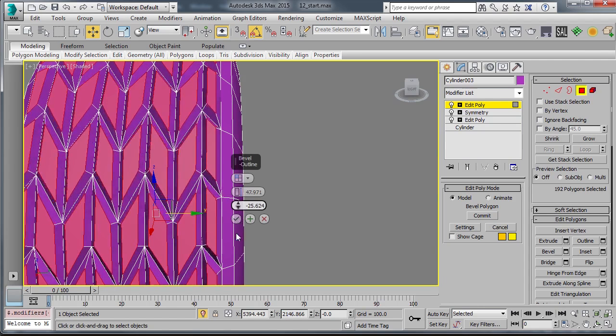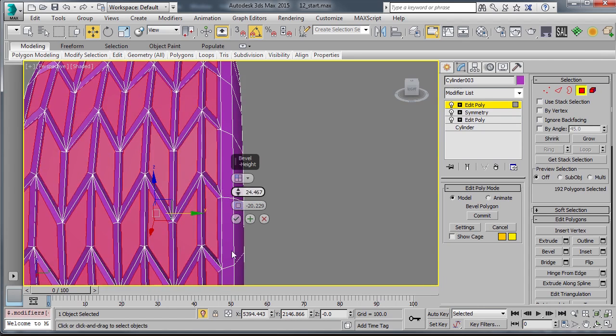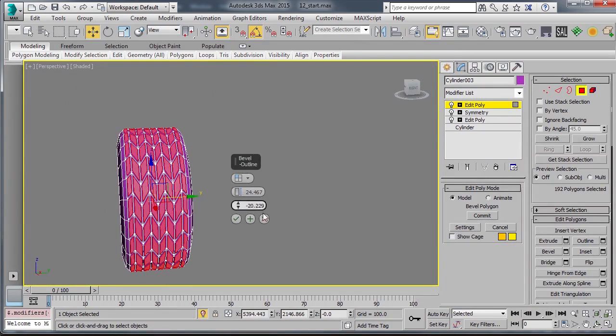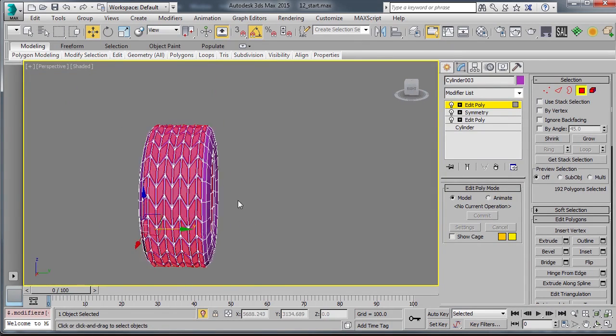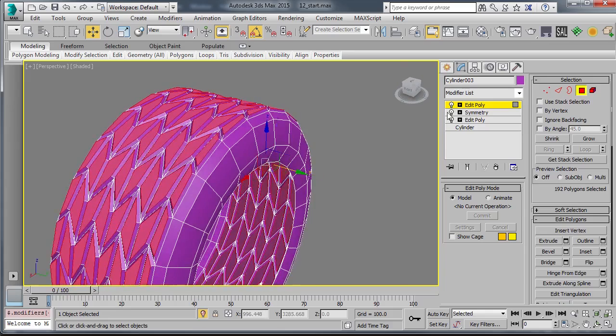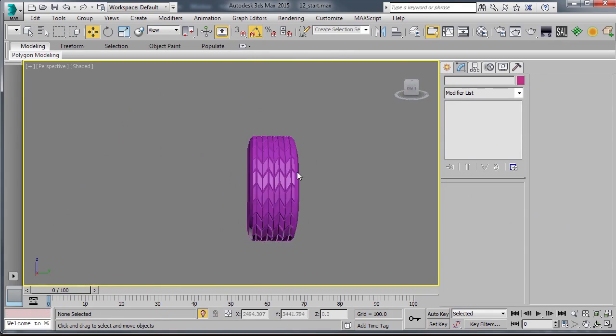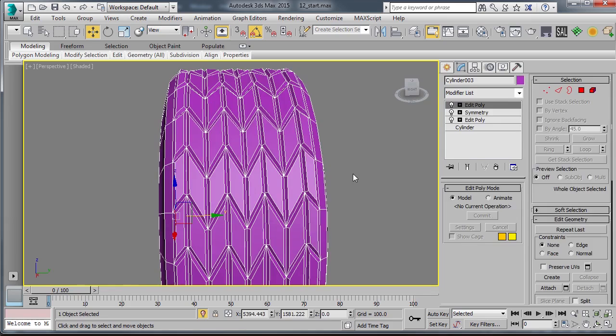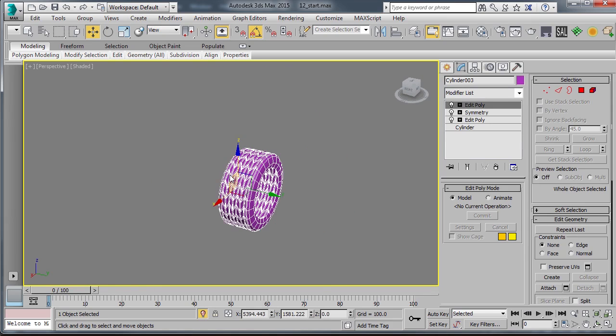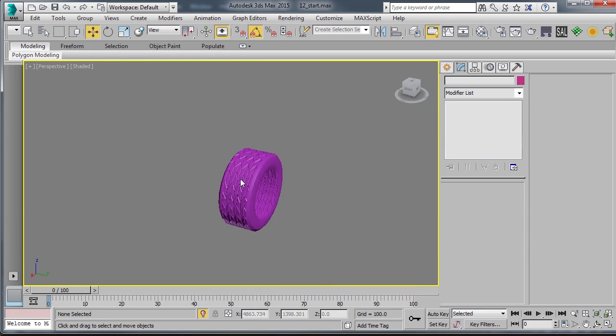Alrighty. And of course, this is at your discretion. Bevel, however you want. And so that would give you a tire that looks like that. Now, for what you're doing, you could go with this,